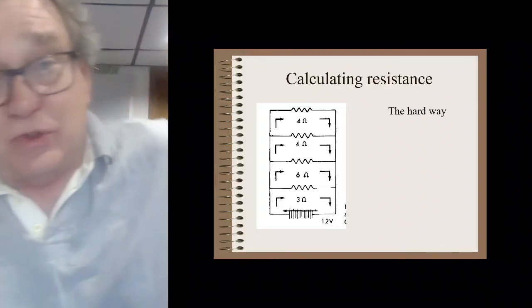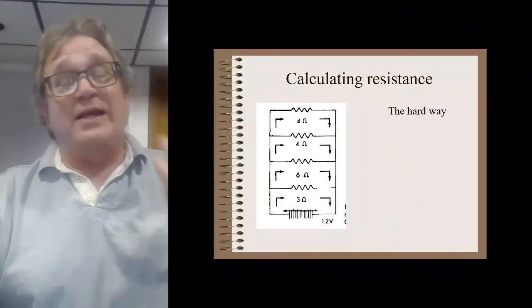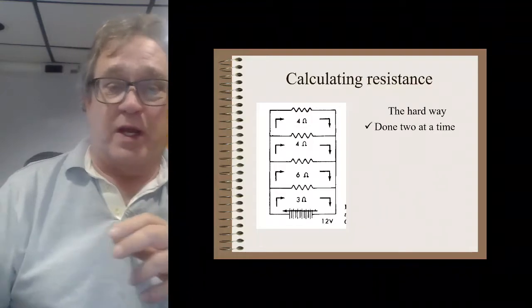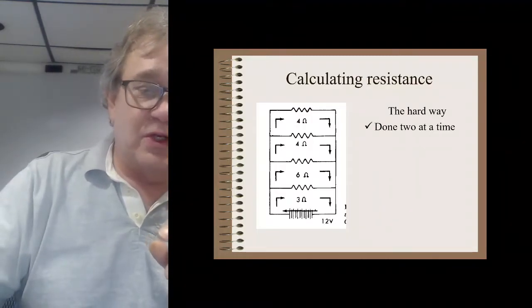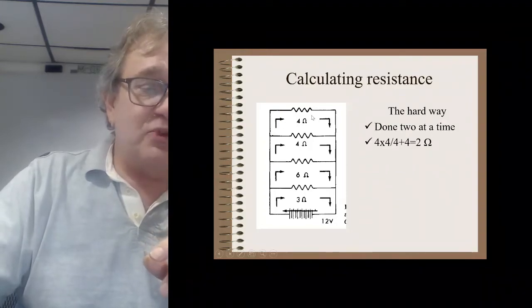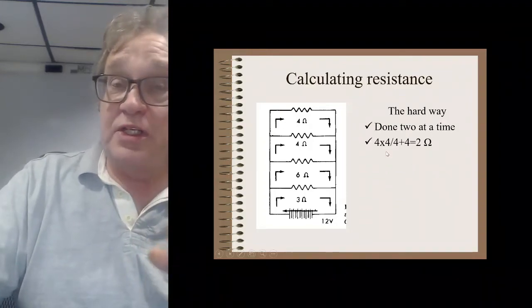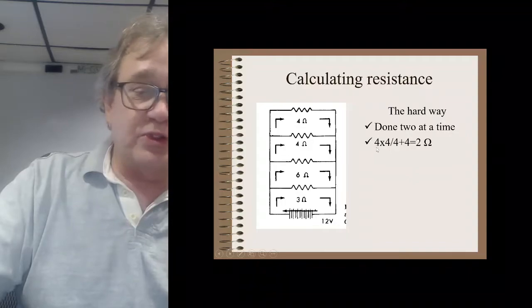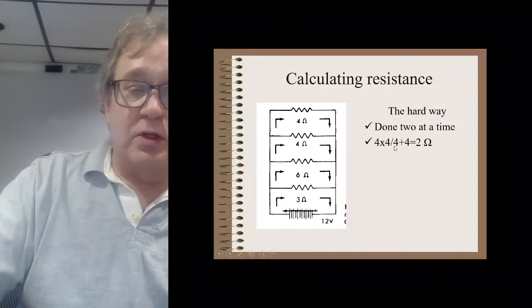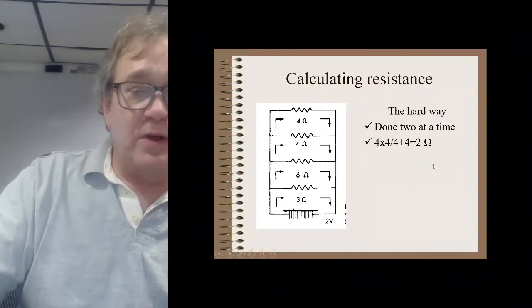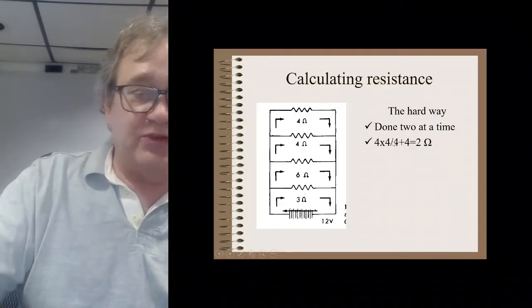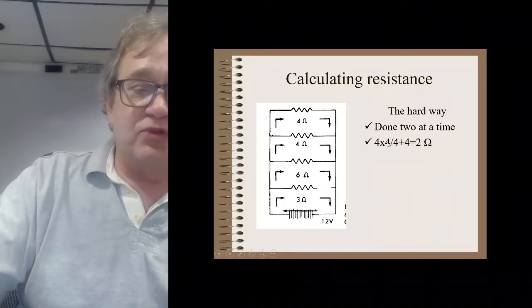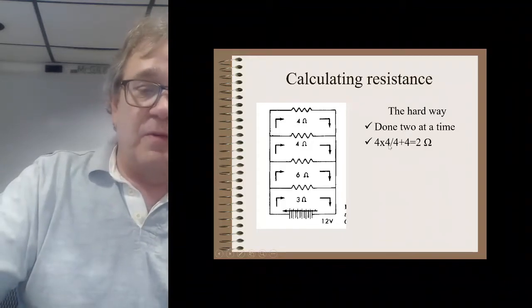Anyways, so this is the hard way. And I call it the hard way, it's really not that hard. All right? We've got to take it 2 at a time. So I'm going to start with these top 2. It's really easy, I just plug it into the formula. So it's 4 times 4 over 4 plus 4. If we do the math, 4 plus 4 is 8, and 4 times 4 is